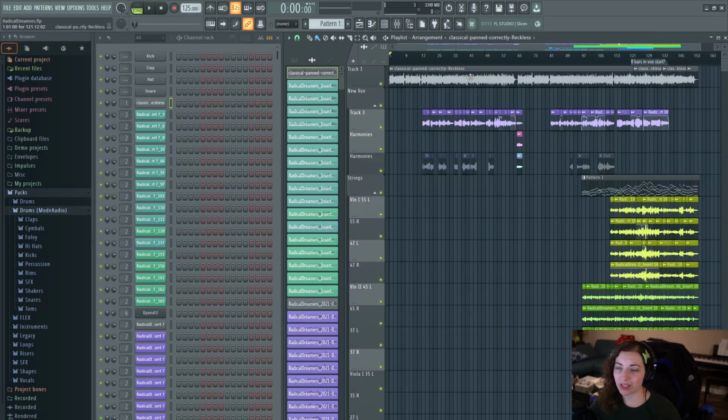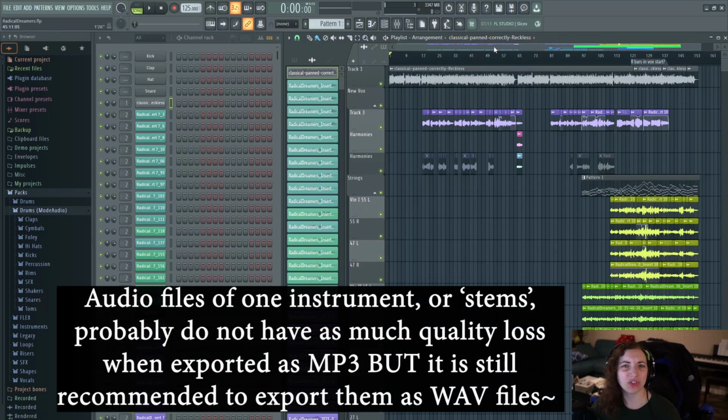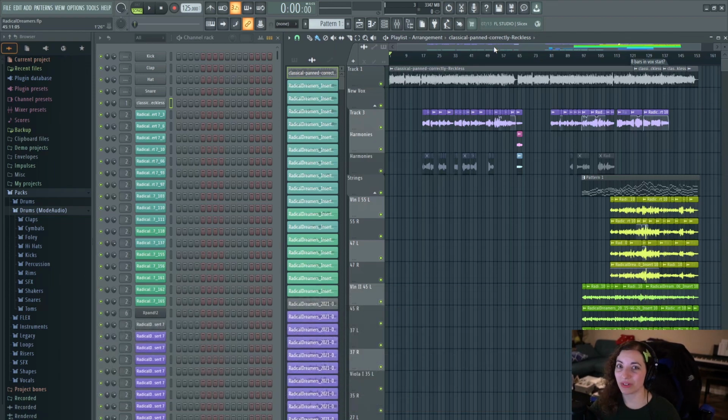MP3, on the other hand, is compressed, so the actual file size is smaller, but sometimes there is a little bit of a quality loss. Probably not much, but in terms of this track, honestly, I couldn't even really hear any loss of quality, thankfully. I don't obviously have the WAV file to compare it to, but I was like, you know what, it sounds fine. I'll just use this, and then the rest are all WAV files, things that I recorded.